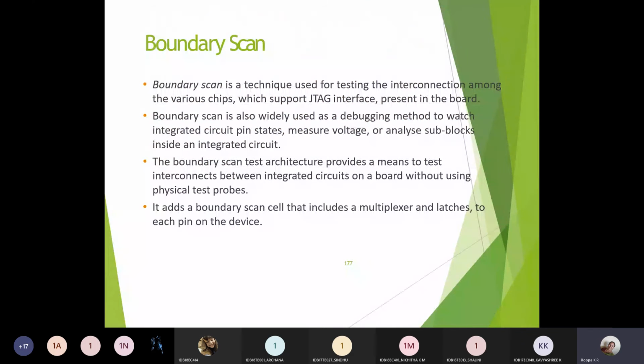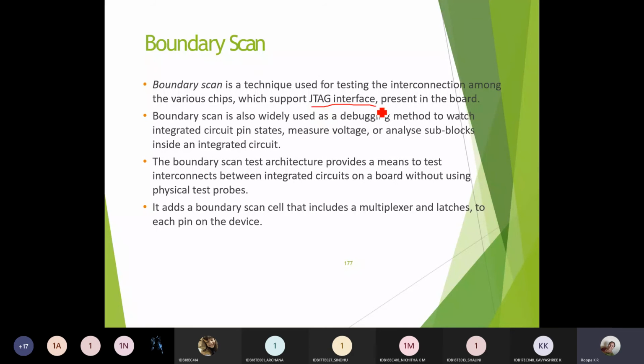So next we have the last one, boundary scan. This boundary scan is a technique which is used for testing the interconnections among the different chips. Usually if you have more than one chip within a system, the chip is not the system core. It can be anything which is in the form of IC. So if you have any IC or any chip, and those things have to be interconnected to send information, you can use JTAG. You can use JTAG or you can use communication interfaces for transferring the information.